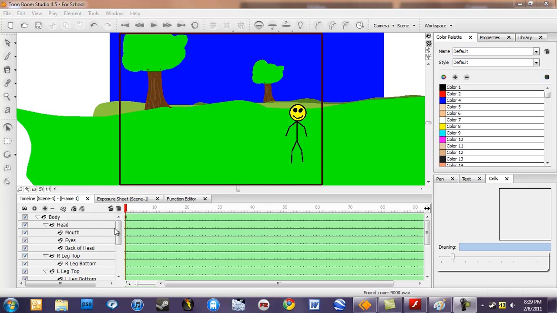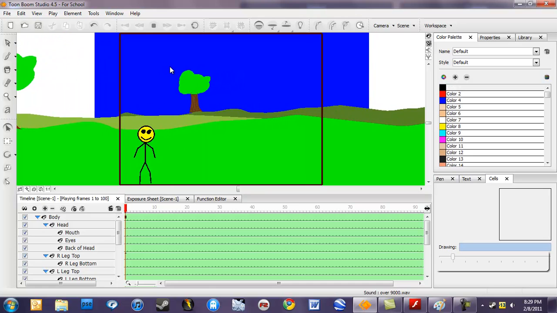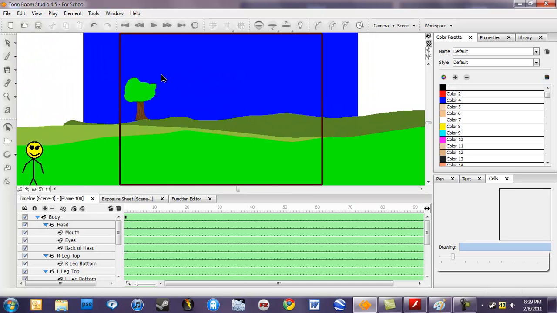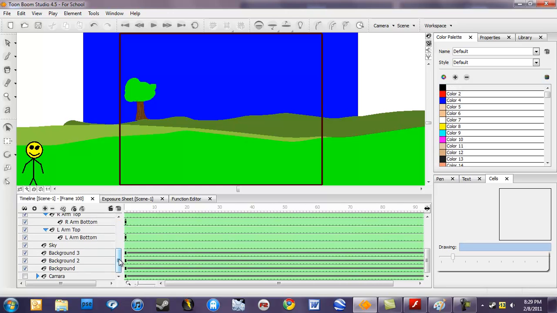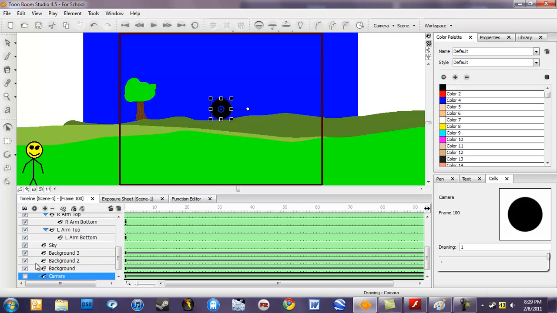I've already created a small scene here. It has a character and a background. Now, the background looks normal, but when I play through the scene, you can see that each piece moves at a slightly different speed. And I did not just move each piece at a slightly different speed. Instead, I have created an object over top of the camera, this little circly thing, made it invisible, and then